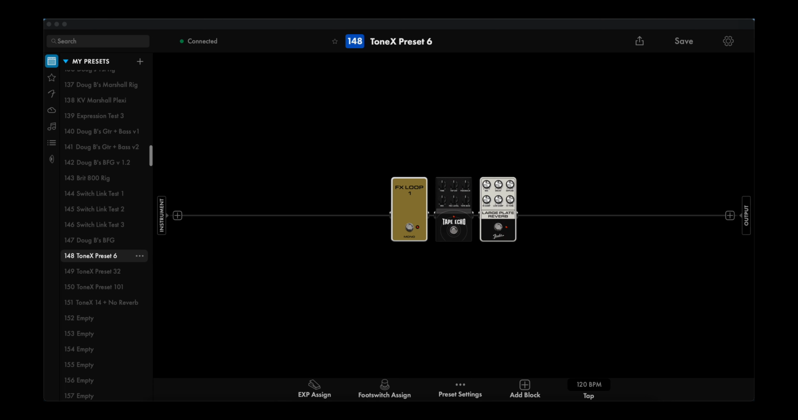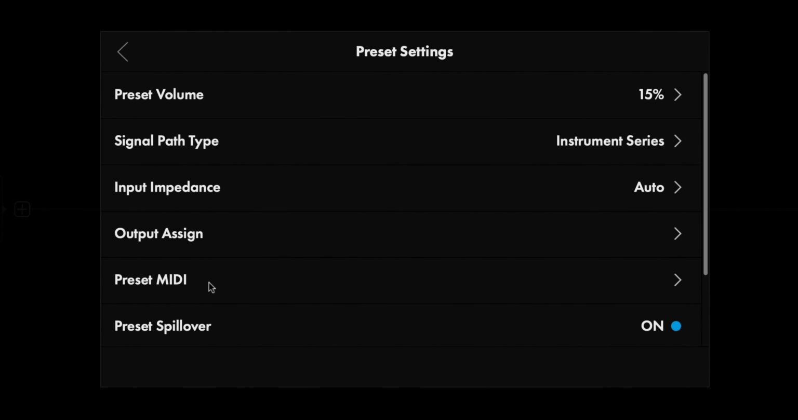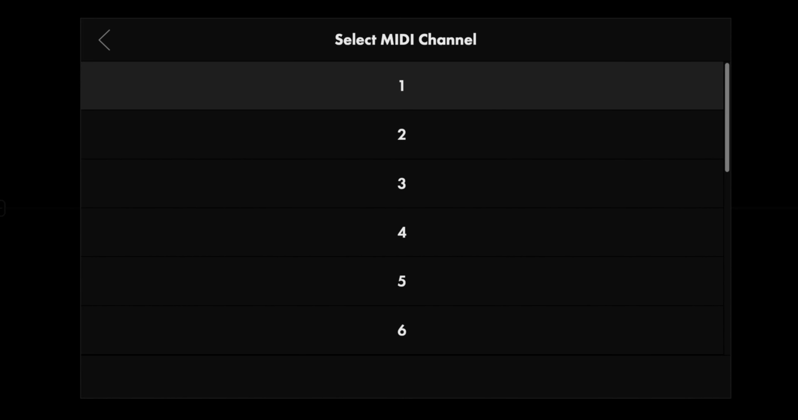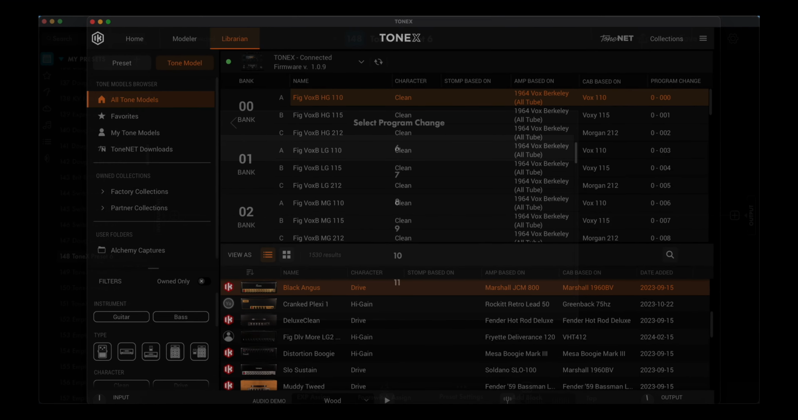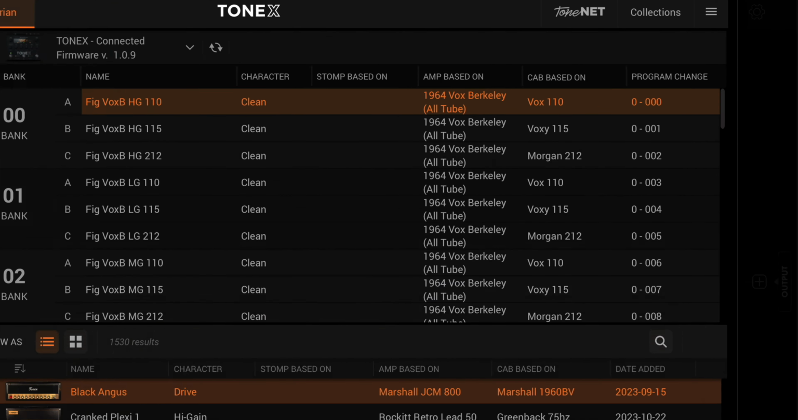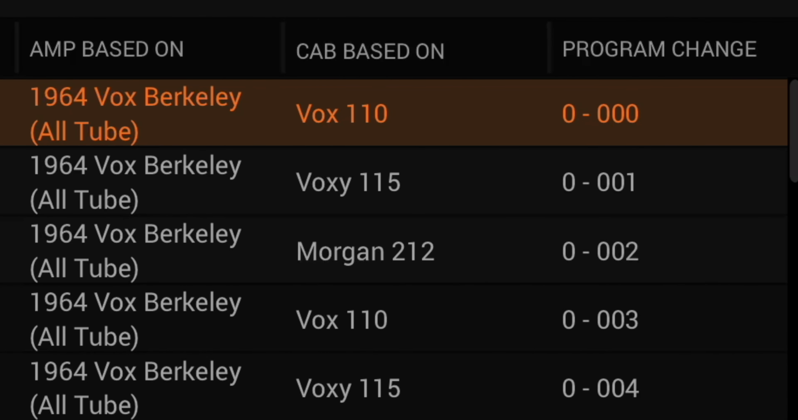Fender makes it very simple now to set this up with preset MIDI. Go to your preset and click on preset settings down on the bottom of the screen. Now click on preset MIDI. First, you'll set the MIDI channel to match the MIDI channel on the Tone X pedal, which is set to 1. Now we click on program change, which is used to change the program or preset on the Tone X